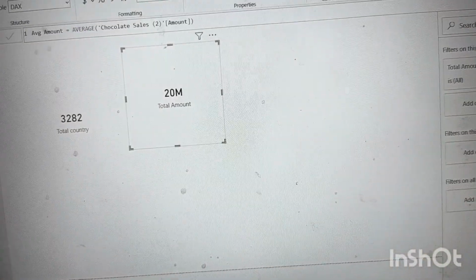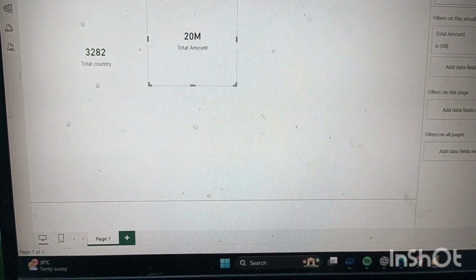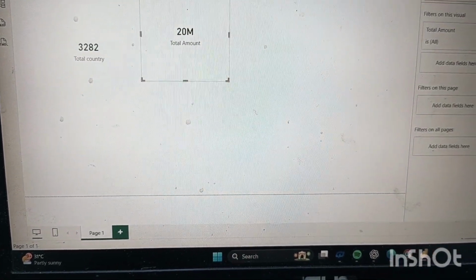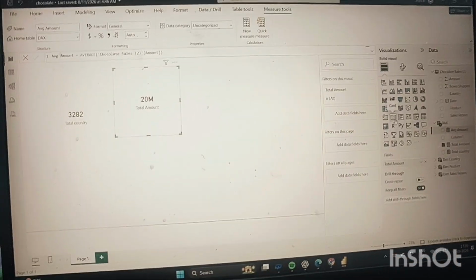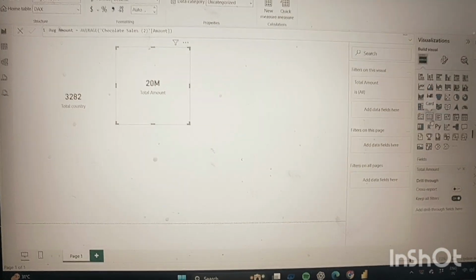Going ahead, we will learn more DAX functions. But before that, whatever I have shared in today's video, just keep all of it in your mind.